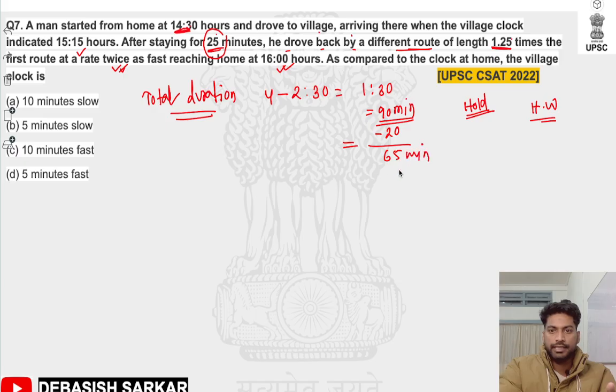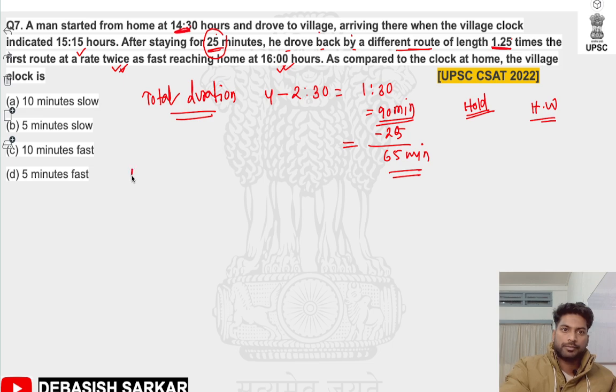Did you understand? Because in the village he took 25 minutes of rest. Okay, so for traveling he took 65 minutes, going and coming together, got it? Now look here, suppose this is the home